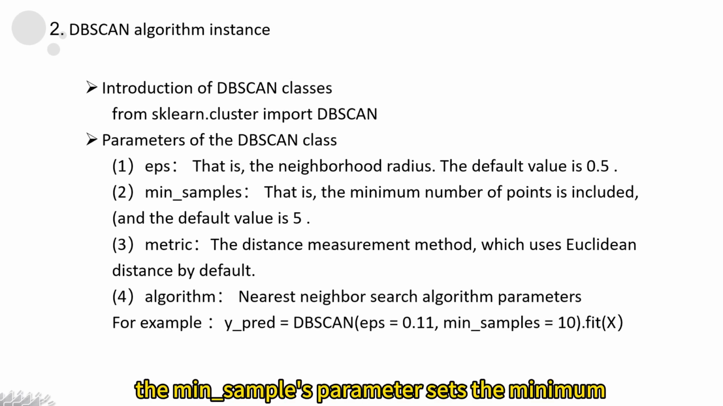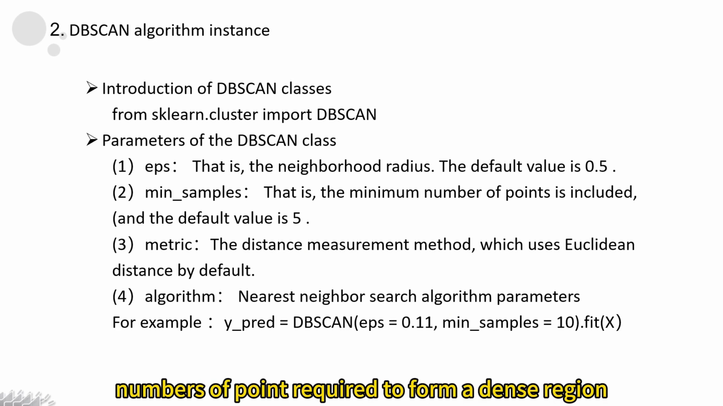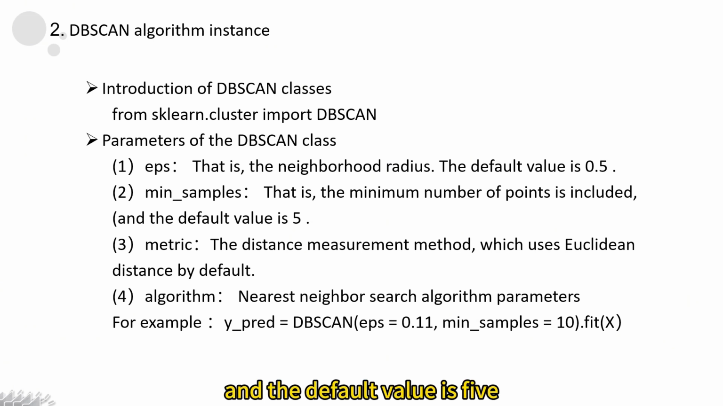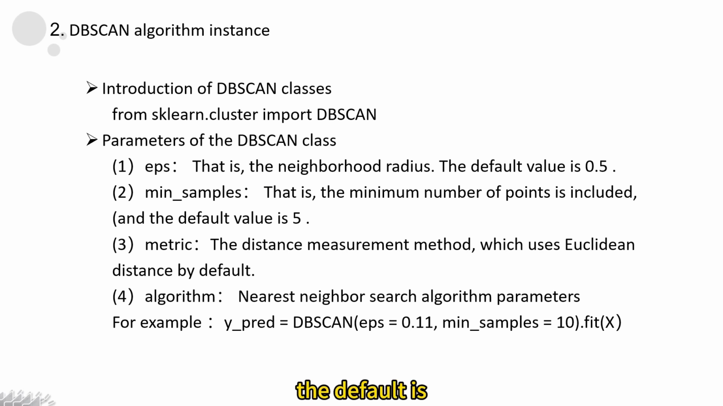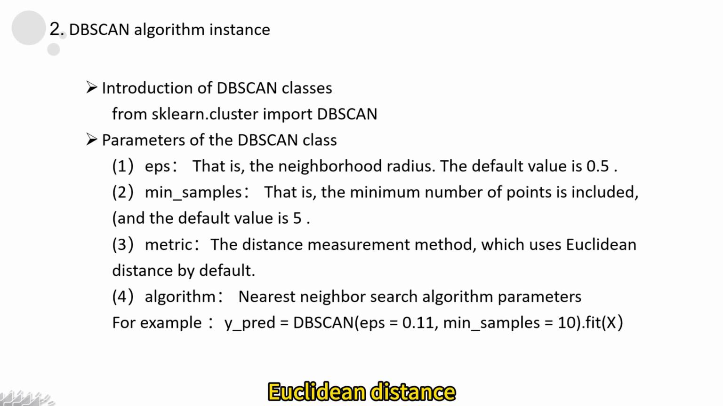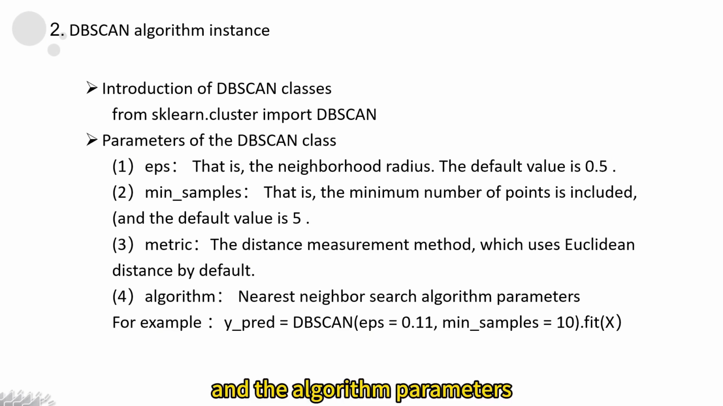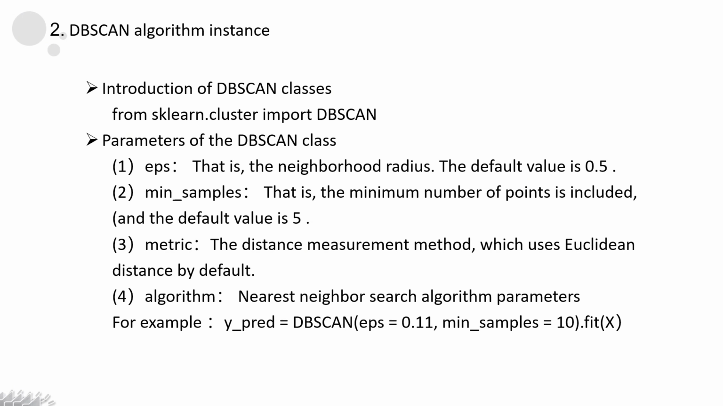The min samples parameter sets the minimum number of points required to form a dense region, and the default value is 5. The metric parameter defines the method for measuring distance between points. The default is Euclidean distance, and the algorithm parameter relates to the nearest neighbors